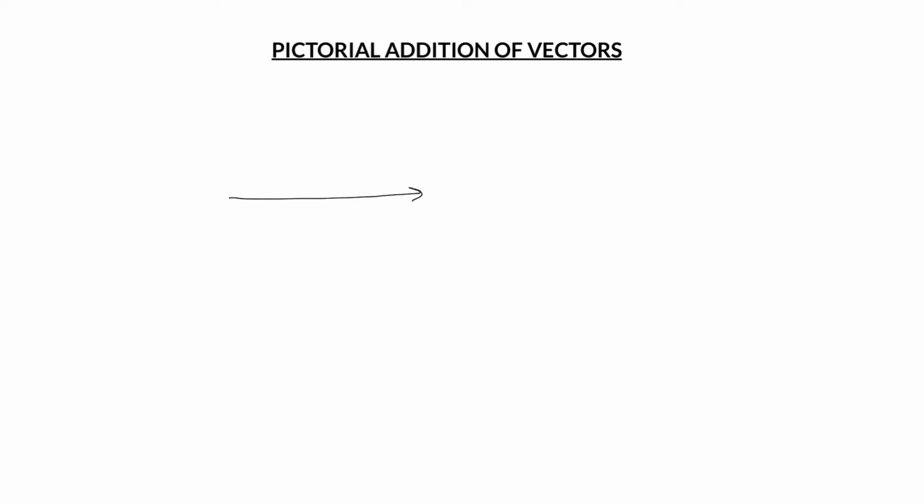Assume that we have a vector, let's say a vector, and another vector, take it as b vector, and our aim is to add a vector plus b vector. We take the a vector and do not rotate it, and keep it over here, so that this a vector and the original a vector are equal. Now we take the b vector in such a way that, to add a vector plus b vector, the tail of the b vector is in contact with the head of the a vector.